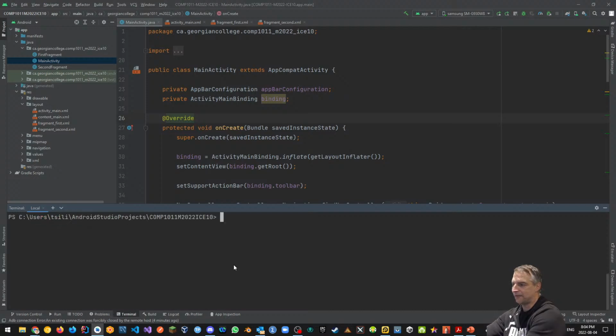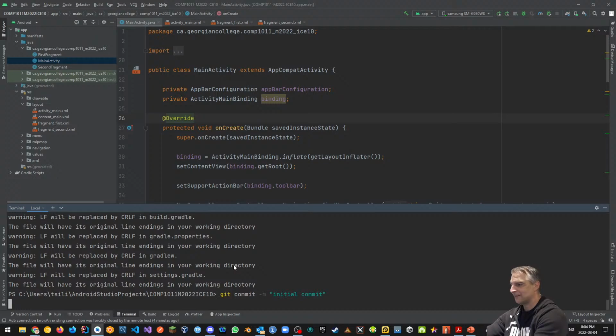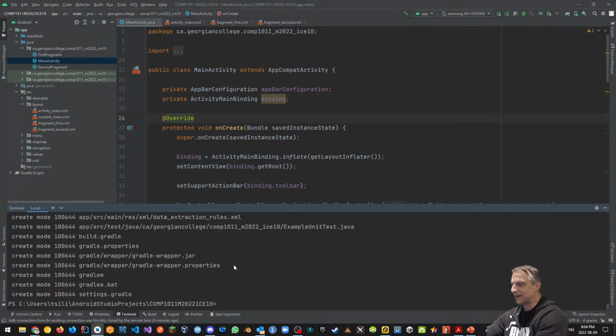Or how about git add dot first? Git add dot. Here we go. And then I'll do that one. There we go. And once I've got this, then what I want to do is I want to put this